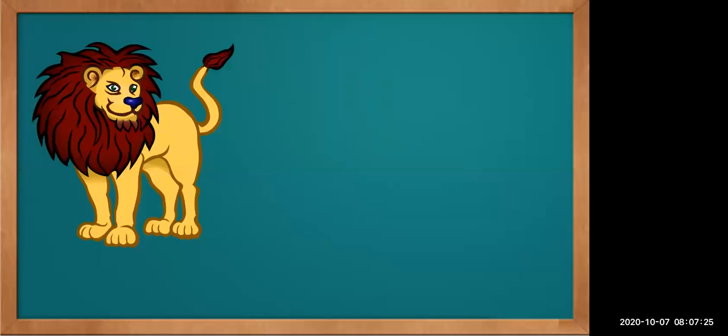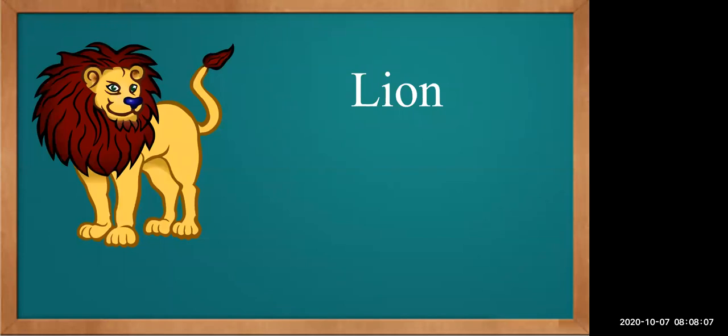Who is this? Yes, lion. How do we spell lion? L-I-O-N, lion. Correct? Now you have to arrange the letters from the word in the alphabetical order, children. So what is our first alphabet? Alphabet A, but A is not there in this word. So next alphabet is B. So can you see B over here? No. C is there? No. D is there? No. E is there? No. F, G, H are not there.